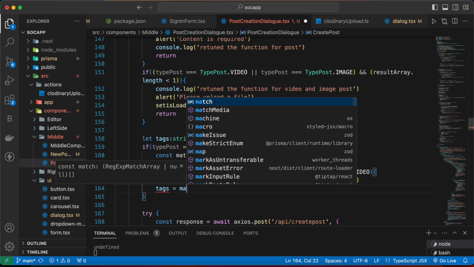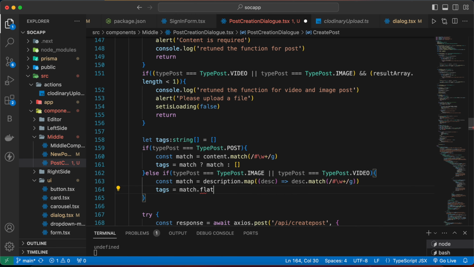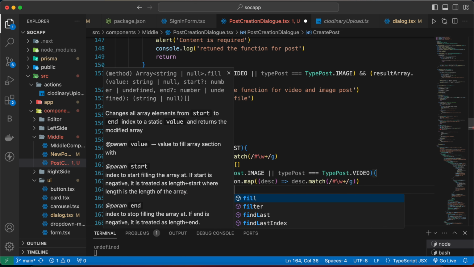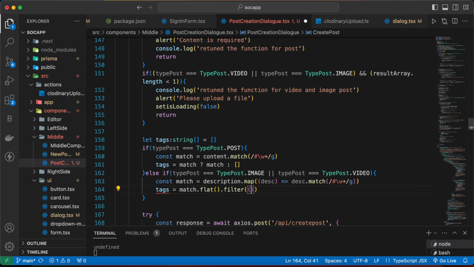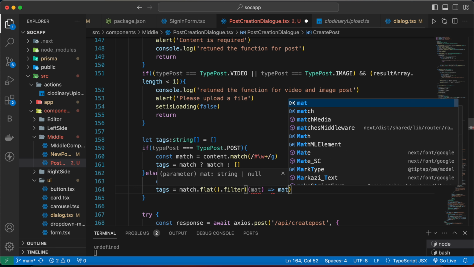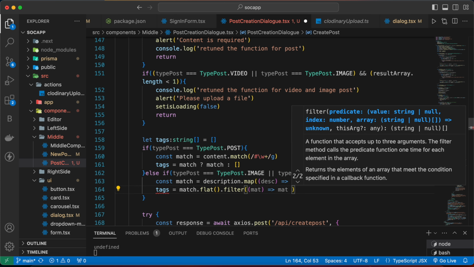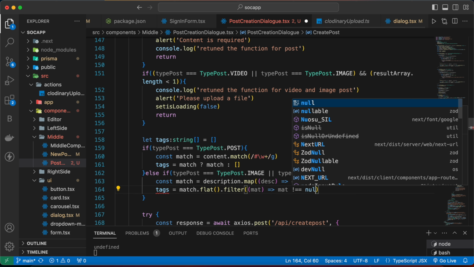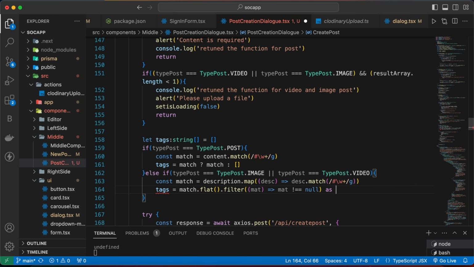So we can write match dot flat dot filter, and the condition will be, match should not be equal to a null value, and as array of string. Okay, so this way we are going to get our tags from all the descriptions from images or the videos,